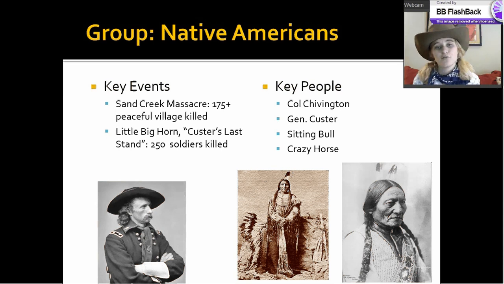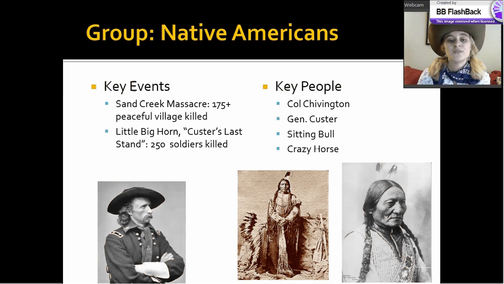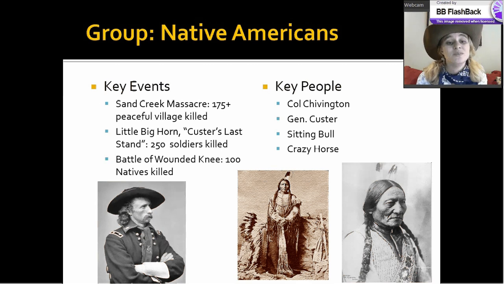So Custer's cavalry numbered about 250 men. What they didn't realize is that the Native Americans had been able to recruit almost 2,000 men. It's a pretty unfair battle, right? Custer and all of his men are killed in this battle, and it becomes a major outcry to the American people. It really only served to make the natives seem like the savages that most people already thought that they were, and there was a lot of cry for revenge among the American people. And that revenge came at the Battle of Wounded Knee.